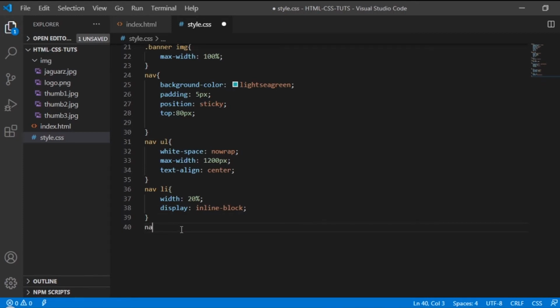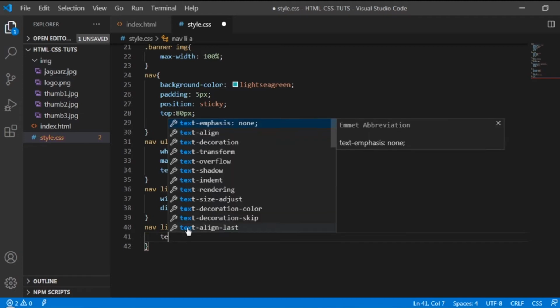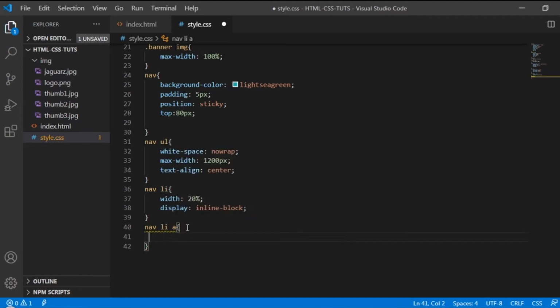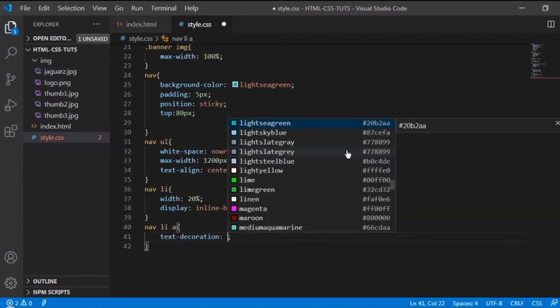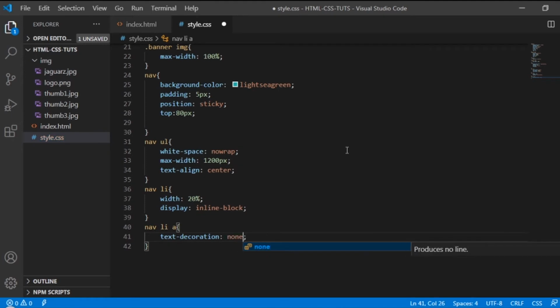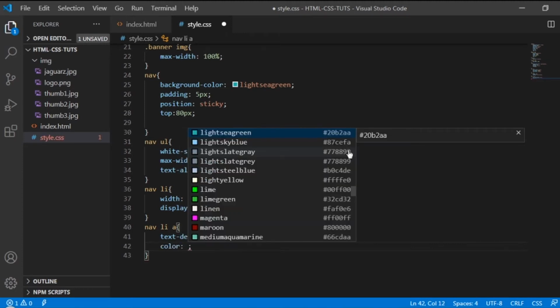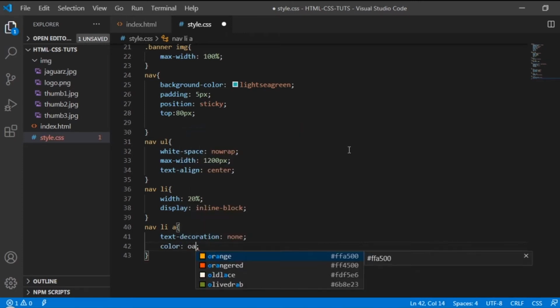So let's say for example the nav li a, the anchor tag, it's gonna target the anchor tag. So let's say for example text decoration none, so it will omit the underline of the text. And then color, let's say for example orange.